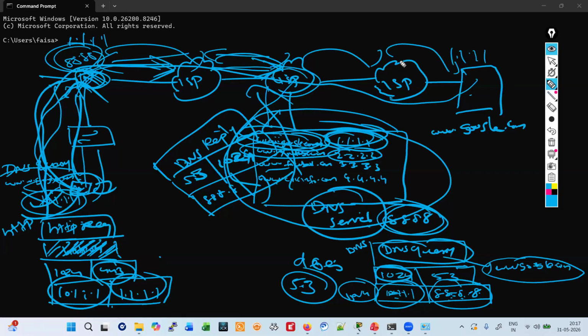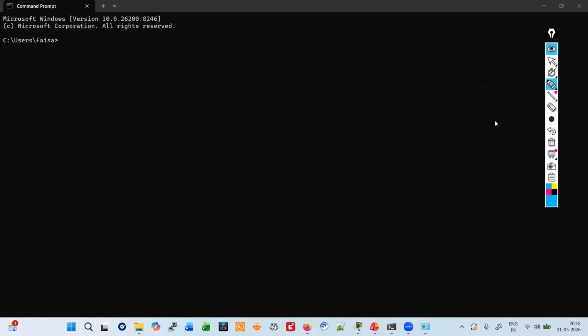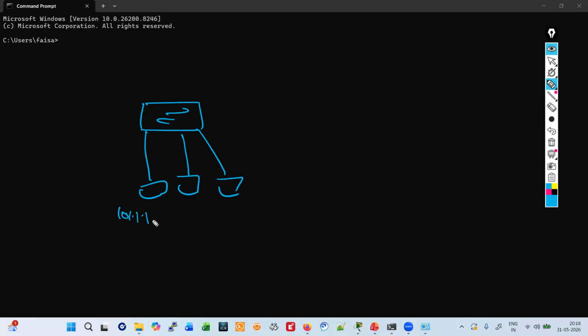But I am not going to use the same network because I told you that we didn't study routing, and even if we use this network, we will have to do a lot of routing protocols, so you will not understand. So I'll be taking a simple network. My network would be like this: I'll be having a switch and some devices, and each device will have an IP address. And for each and every device I'll be providing a name also